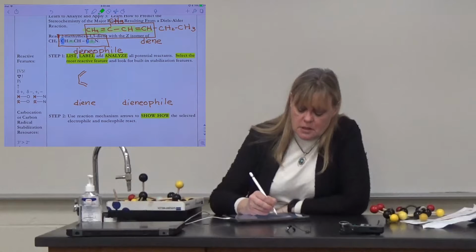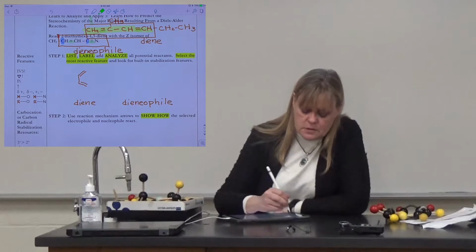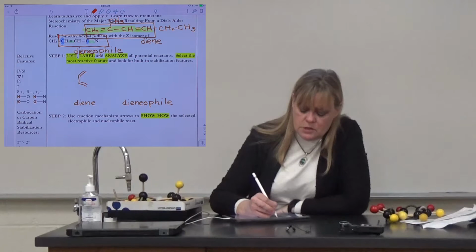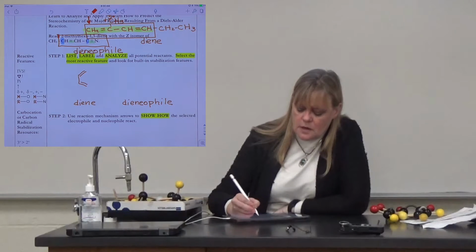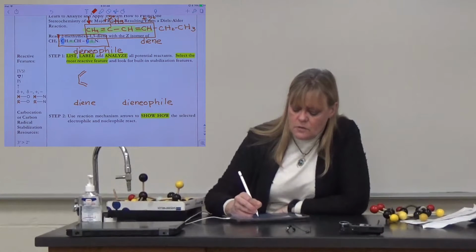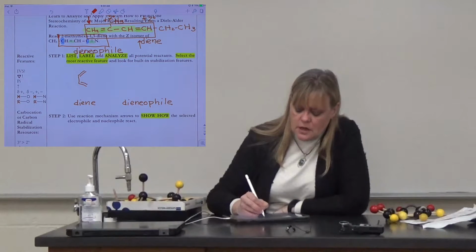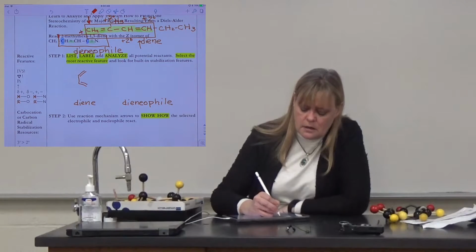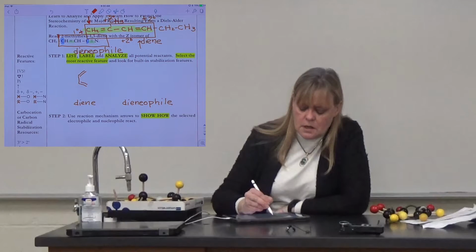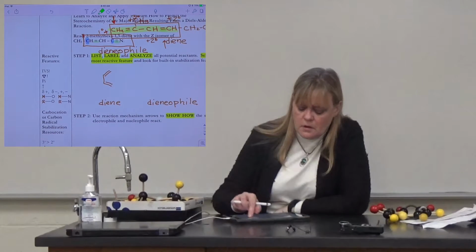All right, so because you have the diene, you want to decide which edge you want to add onto. If you add to this edge, then you have a carbocation on a tertiary and also a carbocation on a secondary. Whereas if you add to this edge, you'd have a carbocation on a secondary and then a carbocation on a primary. So I want to work with